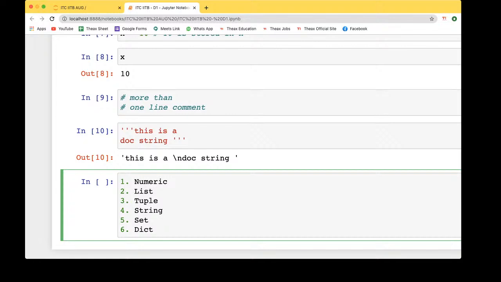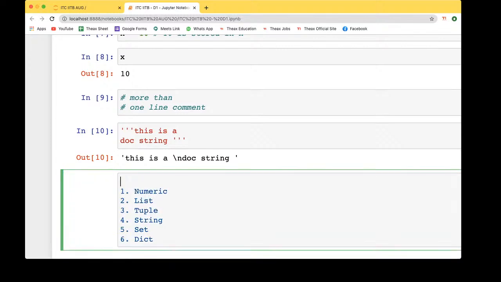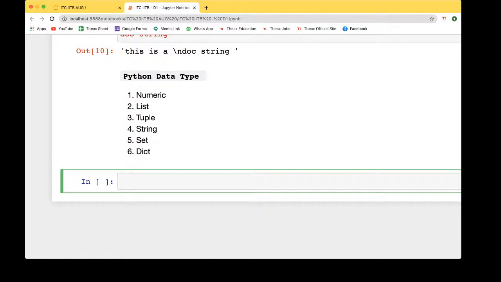Let's quickly make this as code. Let's make it Python data type, and these are the data types you have. We will study them one by one.